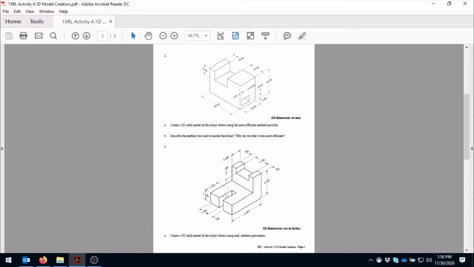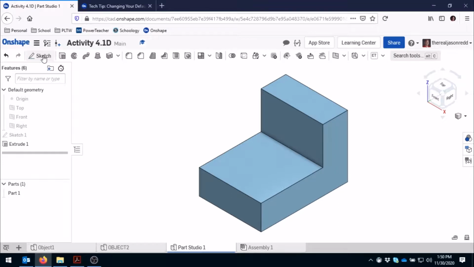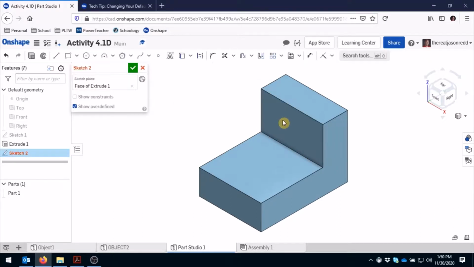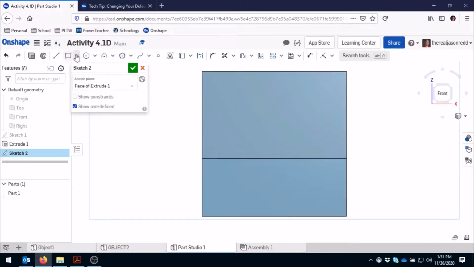Now I'm going to cut out these slots. It doesn't really matter which one we do first, but we can only do one at a time. So I'll just go to create a sketch. I'm going to click the front of this one, and I'm going to go to front just so I can see just the front of this. I'm going to use a rectangle. I'm going to start at this top edge and draw this rectangle like that,